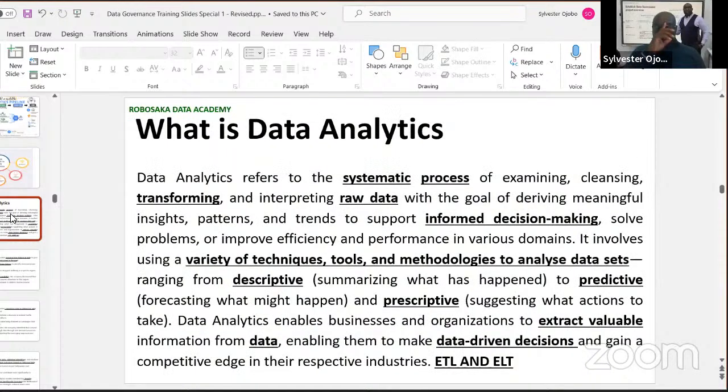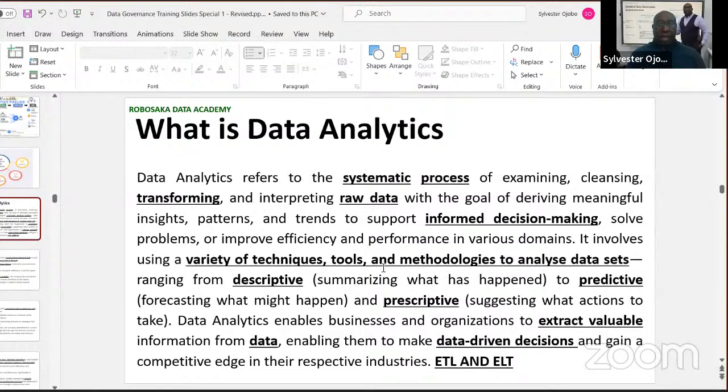We mentioned what data analytics is, and we made it clear that it refers to a systematic process of examining, cleansing, transforming, and interpreting raw data. That gives people the opportunity to have meaningful insights, patterns, and trends to support informed decisions. We also mentioned the variety of techniques and methodologies used to analyze data sets as well,